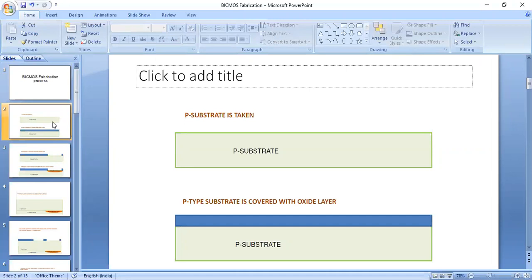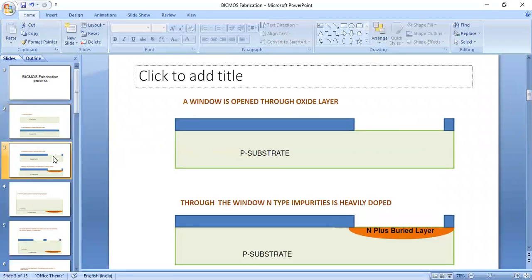The starting material is lightly doped P substrate into which antimony or arsenic are diffused to form an N-buried layer. So this is going to be diffused to form a N-buried layer.